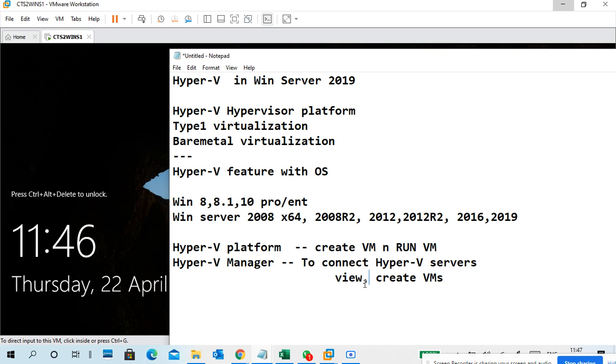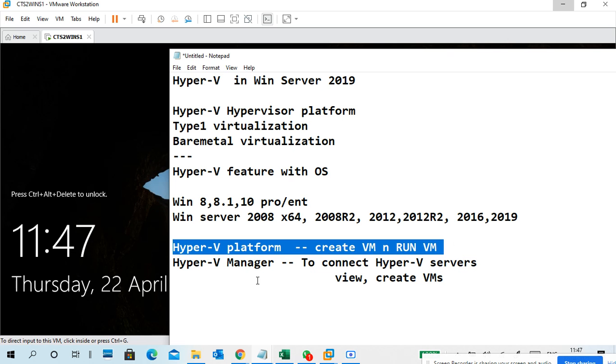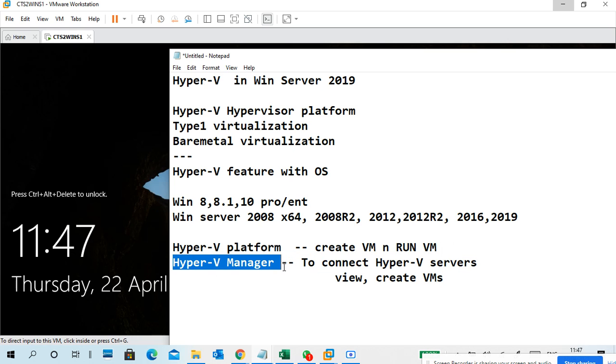If you cannot install the Hyper-V platform, Hyper-V Manager is there, commonly in 32-bit and 64-bit Professional and Enterprise editions.